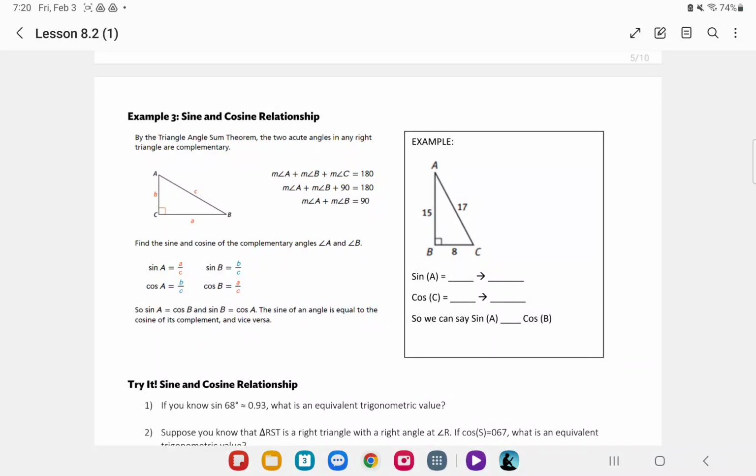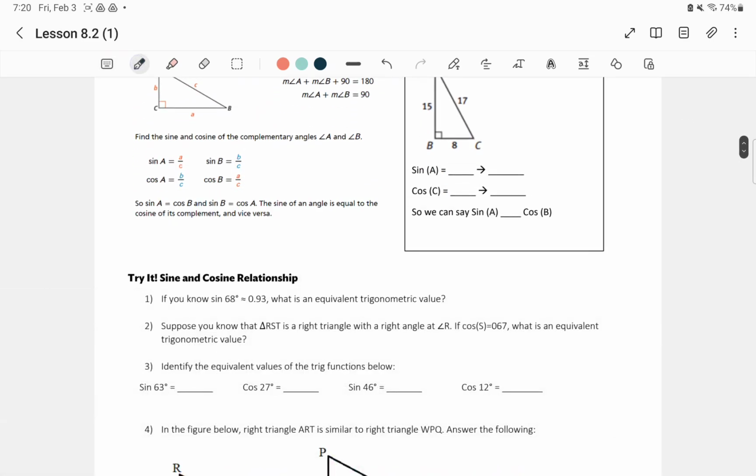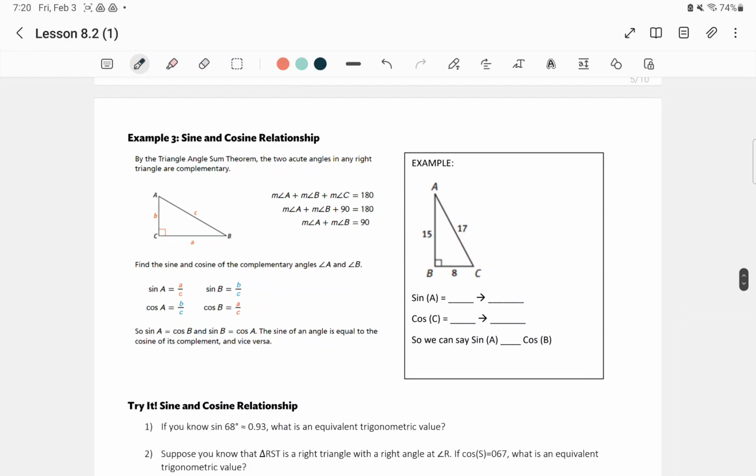Okay, so let's talk about the relationship between sine and cosine. You can read this to the left, but to the right, I'm going to look at this example to show you. So if I want to do sine A, here's angle A. Across from angle A is my O, across from the box is my H, this is my A. So if I want sine